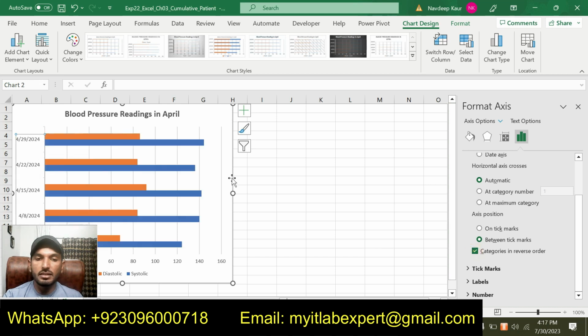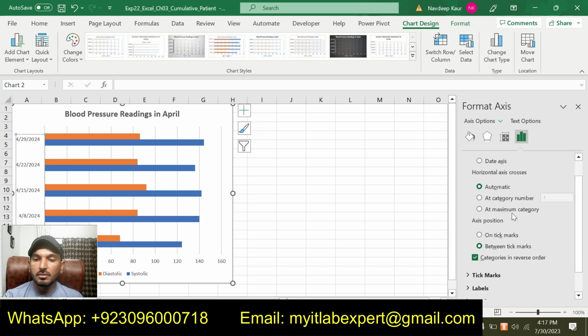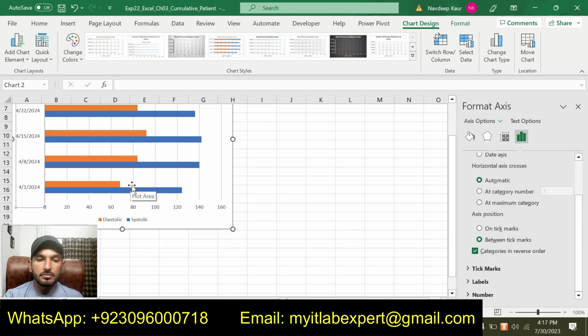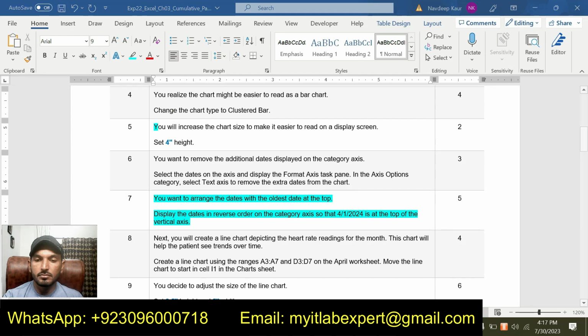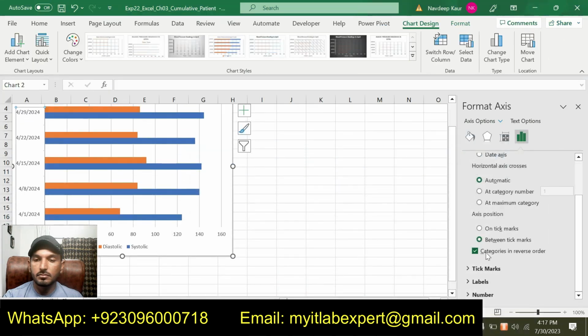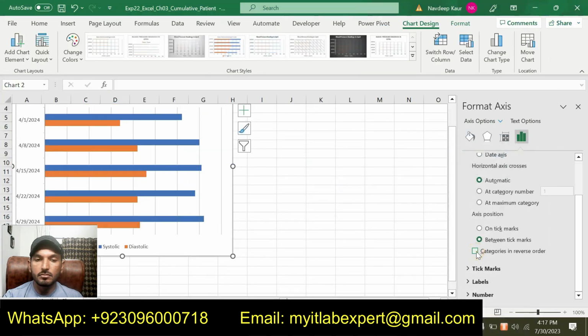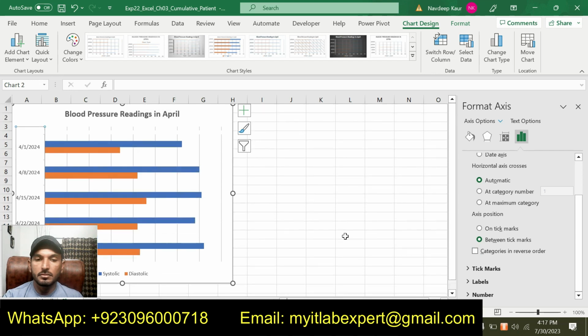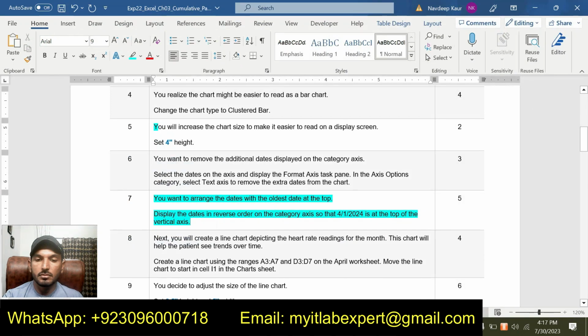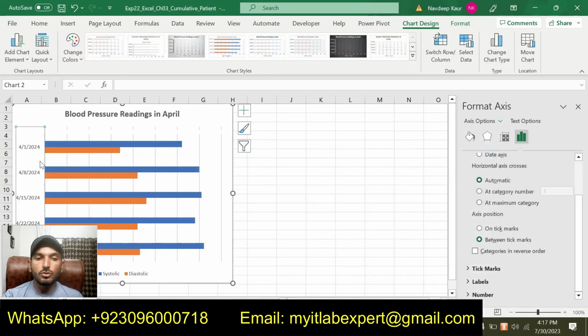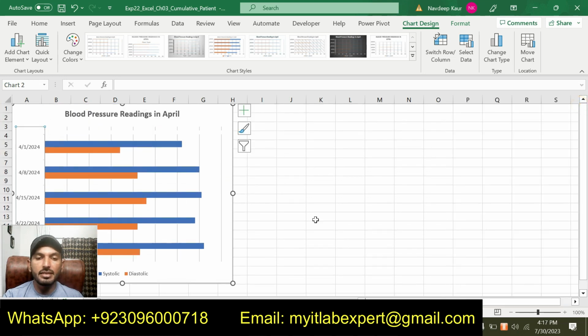And you can see that now 4/1/24 is at the top of the category axis.